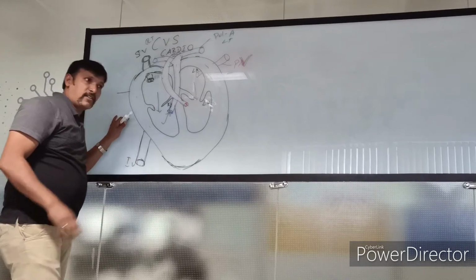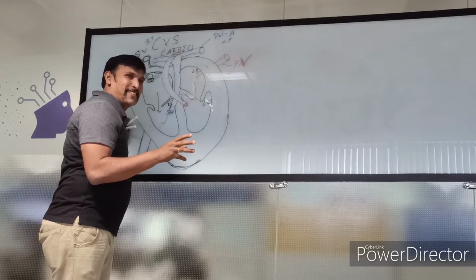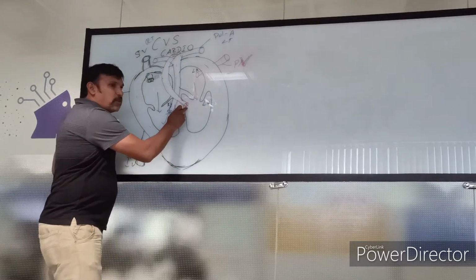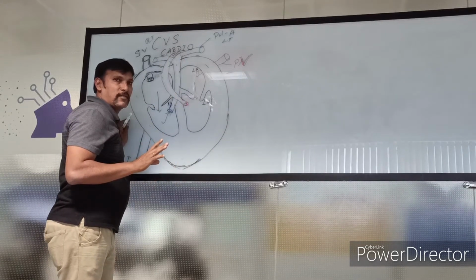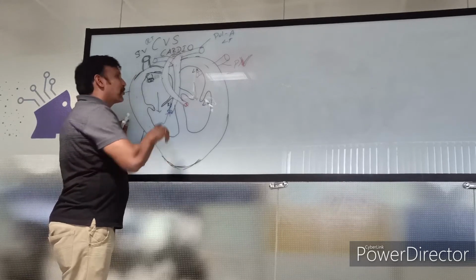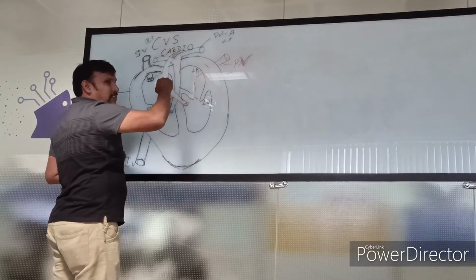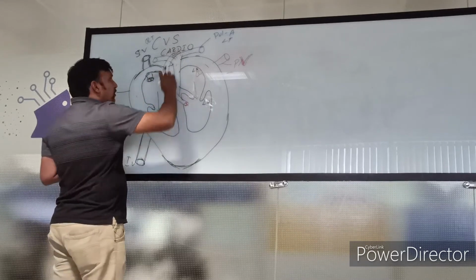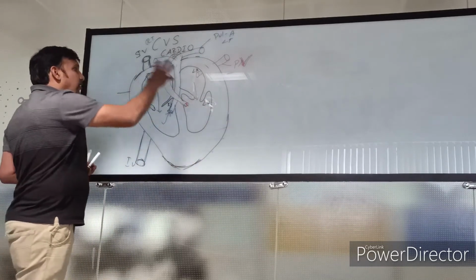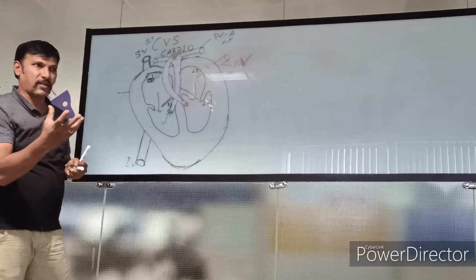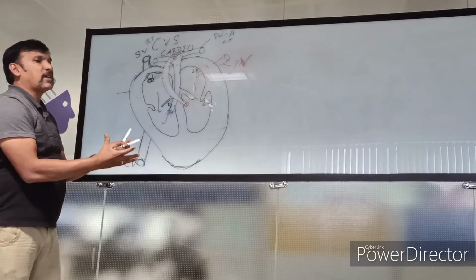Aorta will go to different parts of the body. But the heart is a selfish organ. Yes, no? How it is selfish is, this is the purest form of blood, so the first branch goes out to whom? To the heart only. The first branch, we call it the coronary artery, gives out to the heart itself. It comes out and gives to the muscle. The muscle requires oxygen. So the first artery branches out and surrounds the heart like a crown.